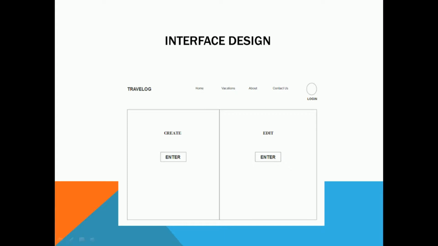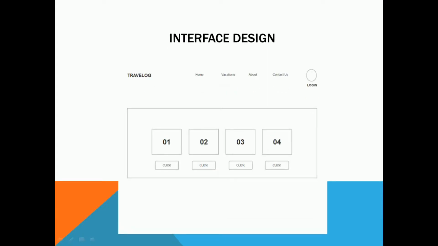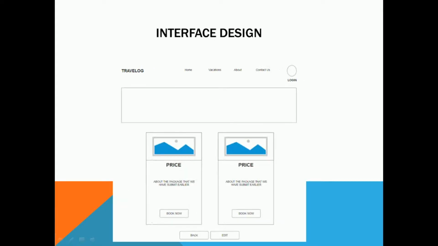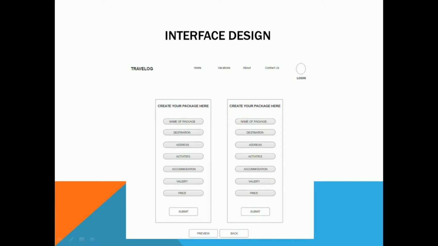After the user logs in, the user will need to choose either to create a package or edit a package. The user will choose create package, and then the system gives the user the option of how many packages he wants to create. Let's say the user will choose 2, and then it will display 2 packages. If the user clicks 1, the system will display 1 package, likewise 3 packages and 4 packages. And then after that, the user will choose preview, and then it will